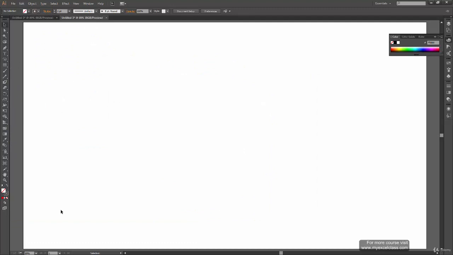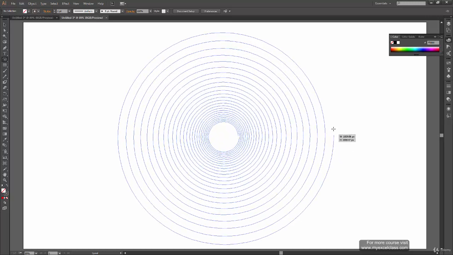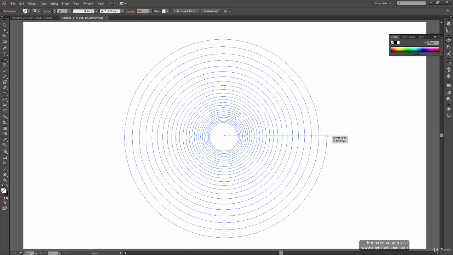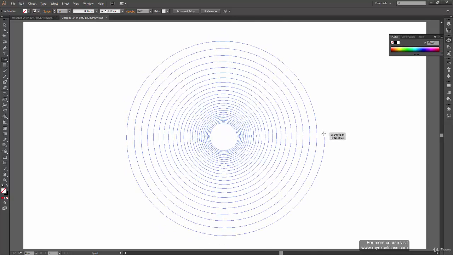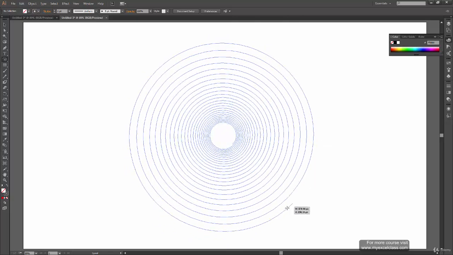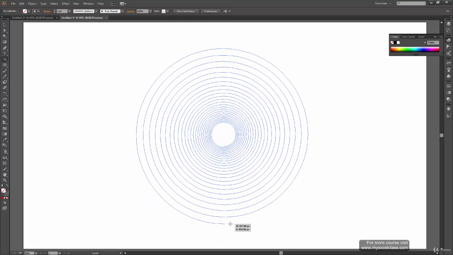Now we have option keys that can modify these settings just by pressing keys on your keyboard. So let's see how those keys work. The first option key is shift. When you draw a spiral and press shift, you can see the end point of my spiral is snapped to a horizontal axis, or a 45-degree angle, or a vertical axis.